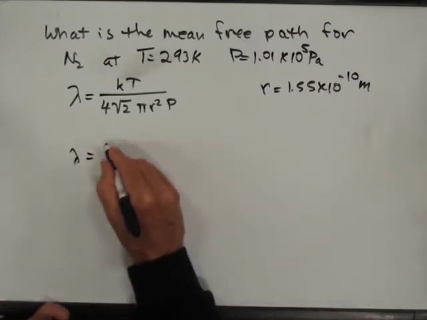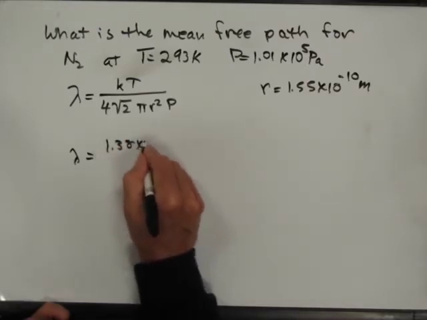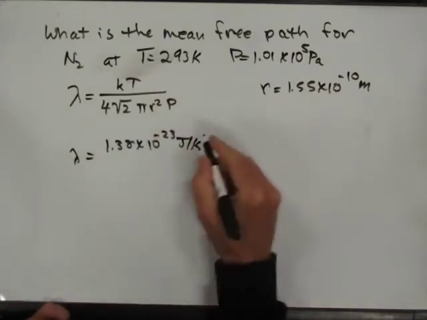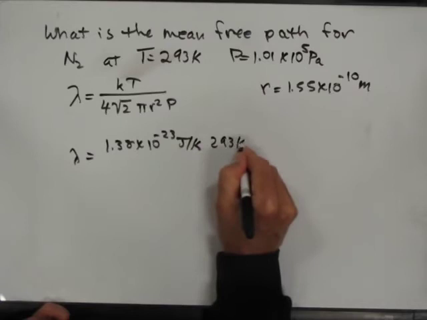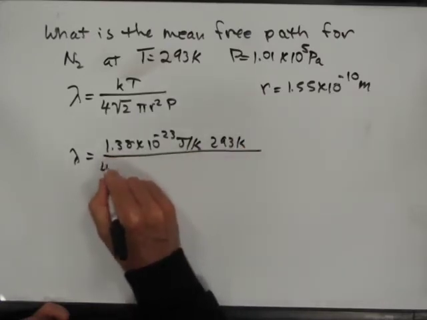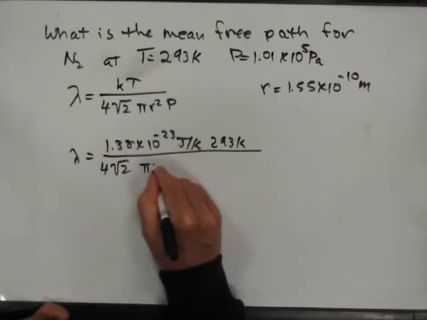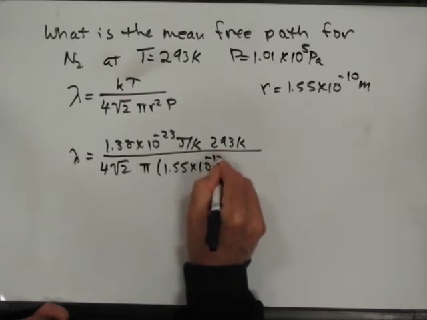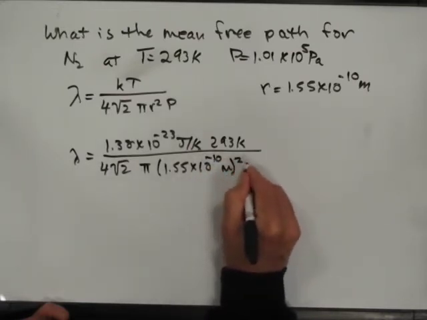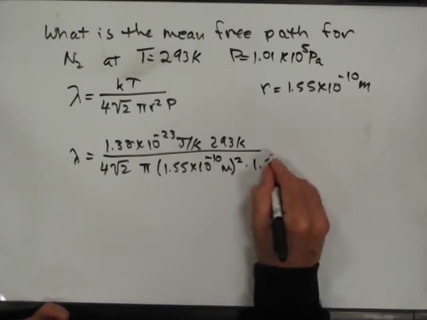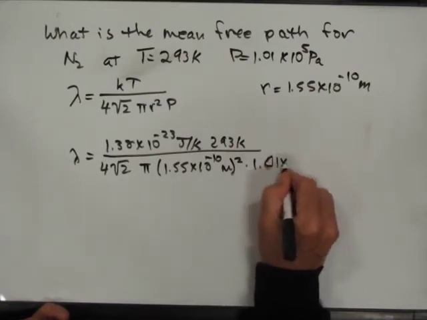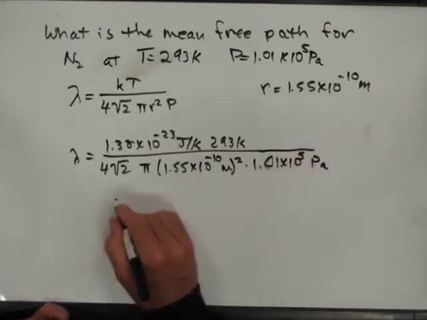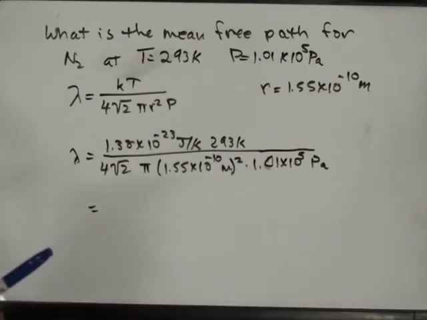This is 1.38 times 10 to the minus 23 joules per Kelvin times 293 Kelvin divided by 4 times the square root of 2 pi times 1.55 times 10 to the minus 10 meters squared times 1.01 times 10 to the 5th pascals, right? And so what I get for that